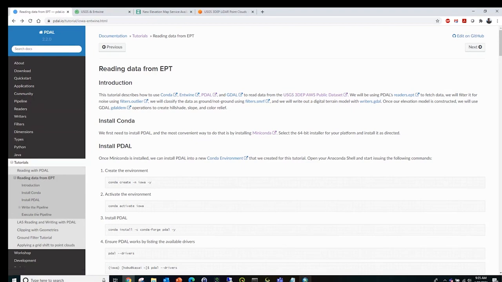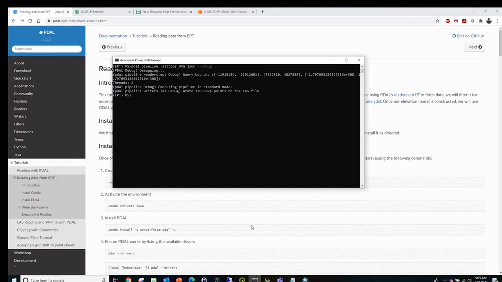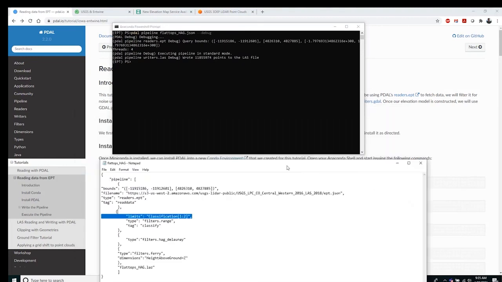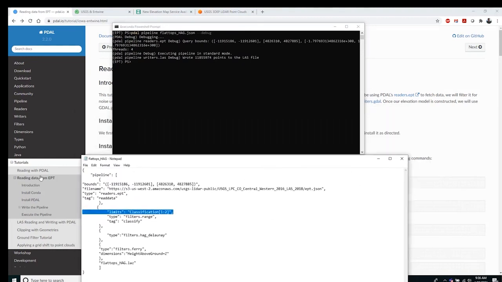So if you go to the pdal.io page, you can get to this, and there's a tutorial specifically for reading data from EPT and creating a pipeline using Anaconda. I already did that for a small data set here. What I ended up doing is using the tutorial that Howard has on this page, modifying it a bit to create my own thing. So I extracted from this project, in these bounding boxes, read the data, and then